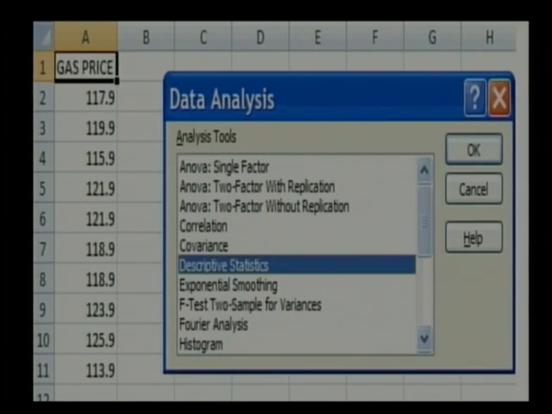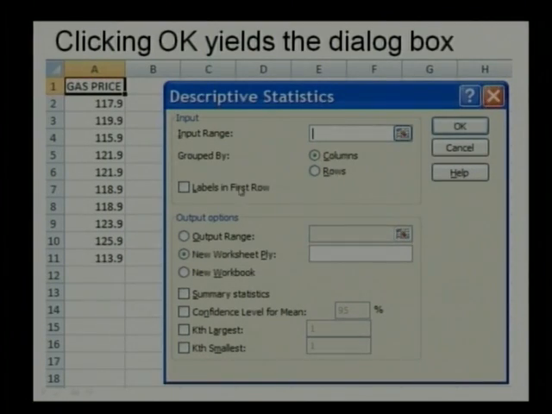Then we have to select the data analysis toolbar. We click on data analysis, and in that again we have the option of descriptive statistics. When we click here, and then click the OK button, what we see is a menu like this.